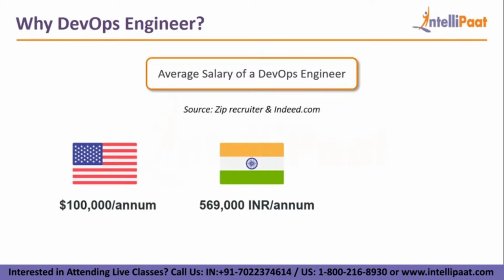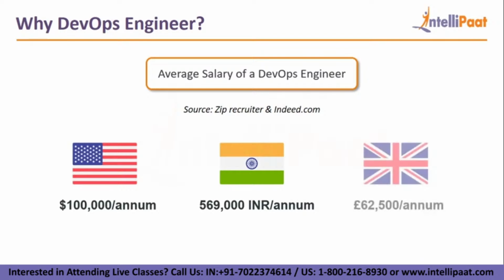And obviously, I have friends who are DevOps engineers who are very senior. When I say very senior, not in terms of the number of years of experience, but in terms of what all things they know, they easily earn around 20 lakhs per annum, and even more than that. If you talk about people who are 10 to 15 years experienced in the IT industry, they can easily get even up to 45 to 50 lakhs per annum. That is the upper limit I'm telling you in India as a DevOps engineer. And in the UK, it's 62,500 pounds per annum. That's the average salary of a DevOps engineer.